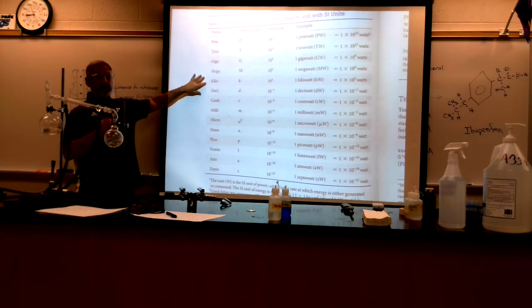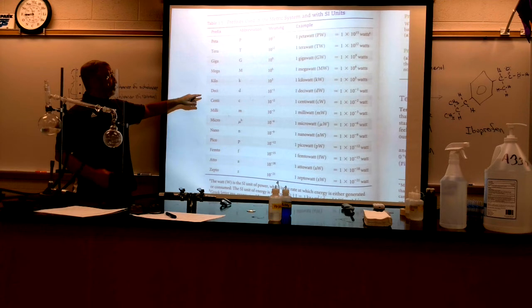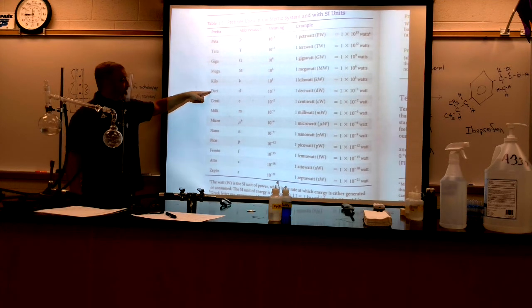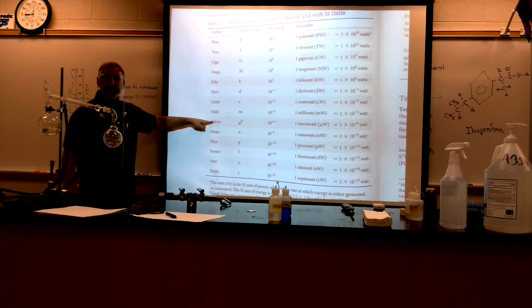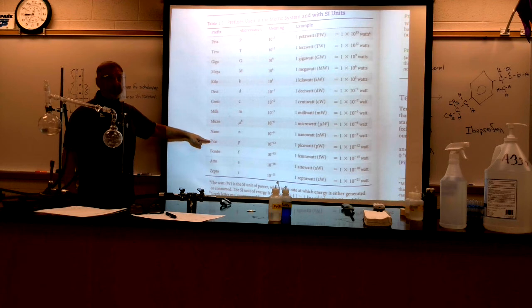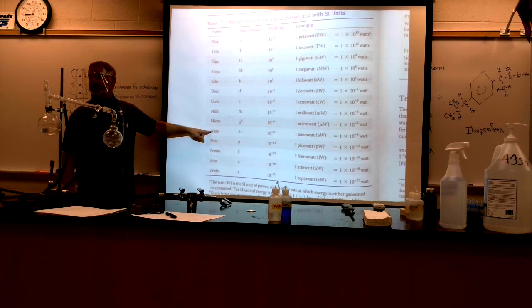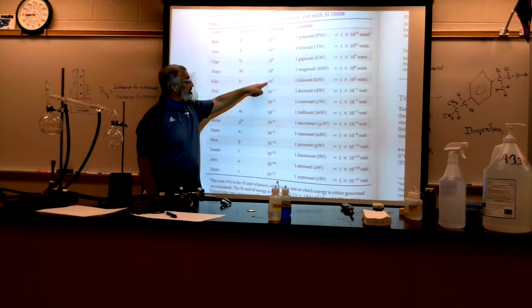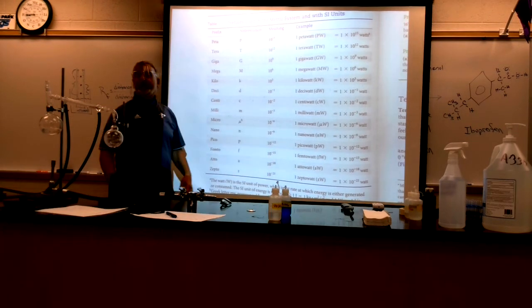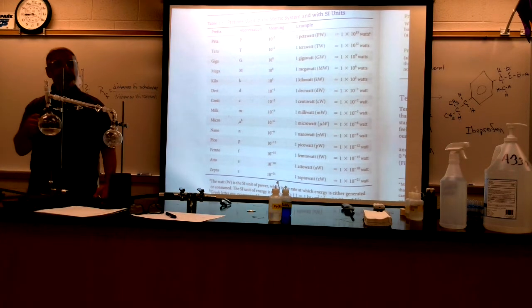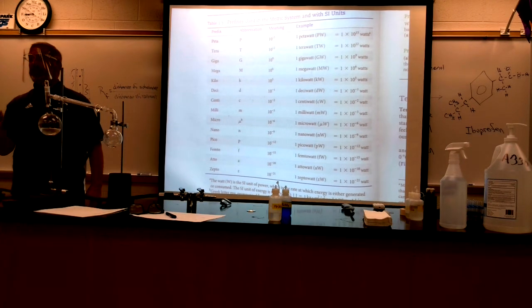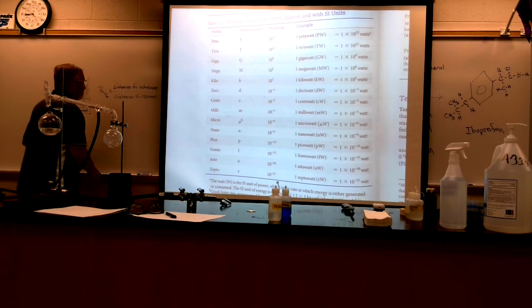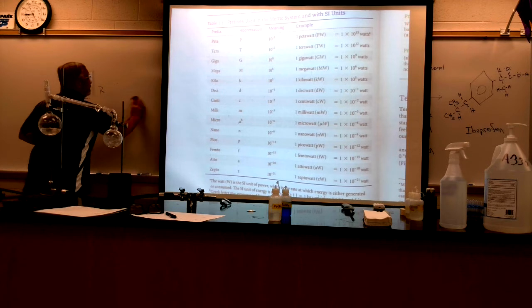You don't need to know all of these, because we don't use most of them. But we do use kilo, deci, centi, milli, micro, and now with computers, nano, and even getting into picoseconds as far as how long it takes to process. Okay? But if you just learn these exponents, all that means is the number doesn't change, we just move the decimal point. And if you can learn the exponents and the difference between the exponents, we can